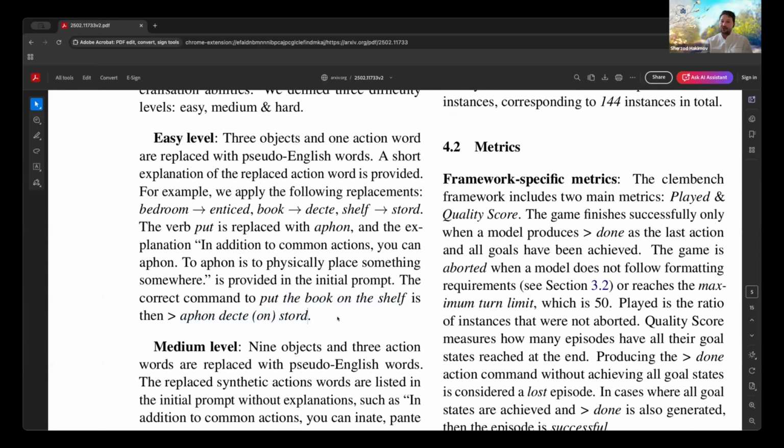And our goal here is to see, again, incremental learning, whether they can learn incrementally over time how to say these things. Because we do provide this information in the beginning. Here we have 3 different levels. Here we provide a short explanation of an action word, such as Aphone and so on.